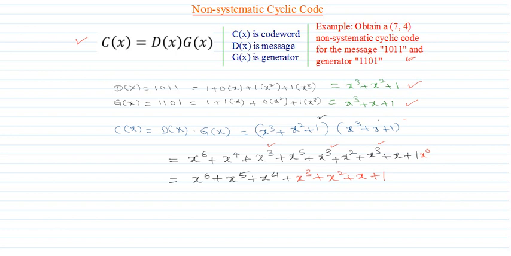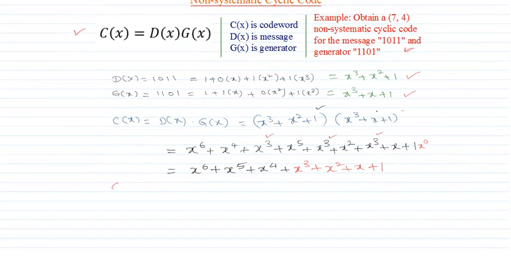So now, if you just see c of x is equal to, I can write here, so the highest power is 6, 5, 4, 3, 2, 1 x. So this is x to the power 1. All numbers are there. So I can write it as 1, 1, 1, 1, 1, 1, and then 1. You see here the coefficients of this. If nothing is there, it is 1 x to the power 6. This is 1 x to the power 5, 1 x to the power 4, 1 x cube, 1 x square, 1 x to the power 1, and 1 x to the power 0. So I'm finally getting c of x as all ones here.